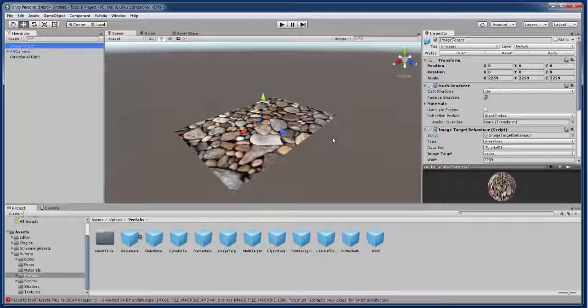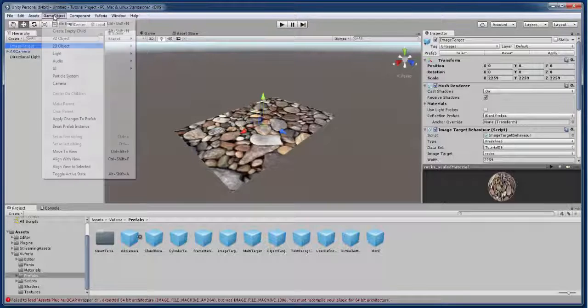So the next thing we need to do is add in objects that are going to ride on our image target. Now you can get different objects. Unity has an asset store where you can download free targets. But you'll have to load up those packages on a CD, because in the asset store you can do a download. So what you'll want to do is load them up onto a CD and move them over to your target machine again. But for the sake of convenience, what you can do here is go to game object,